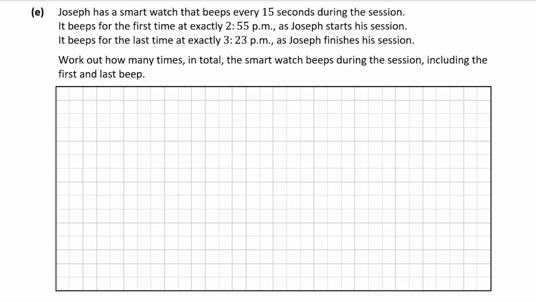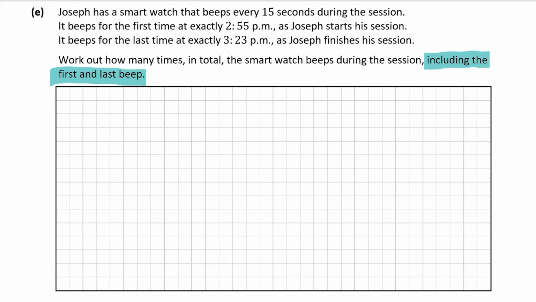So Joseph has a smartwatch that beeps every 15 seconds in the session. It starts at 2:55 p.m. and finishes at 3:23 p.m. as he finishes. So now we have to work out how many times his watch beeped during the session. Now you're including the first and the last beep. You might not think that that's important now, but it actually is at the end, and I'll explain to you